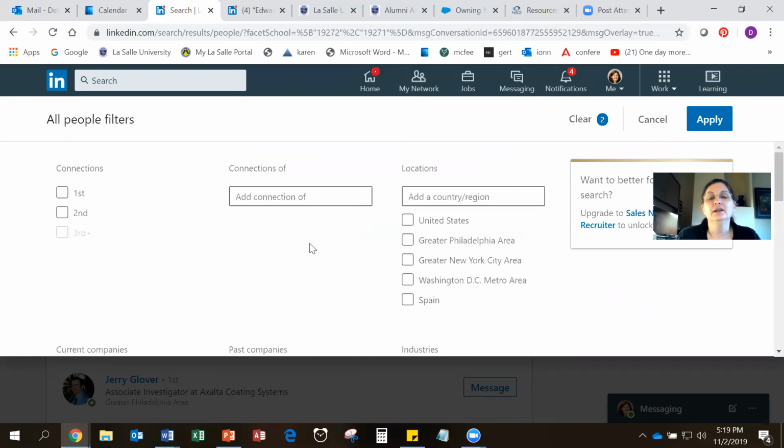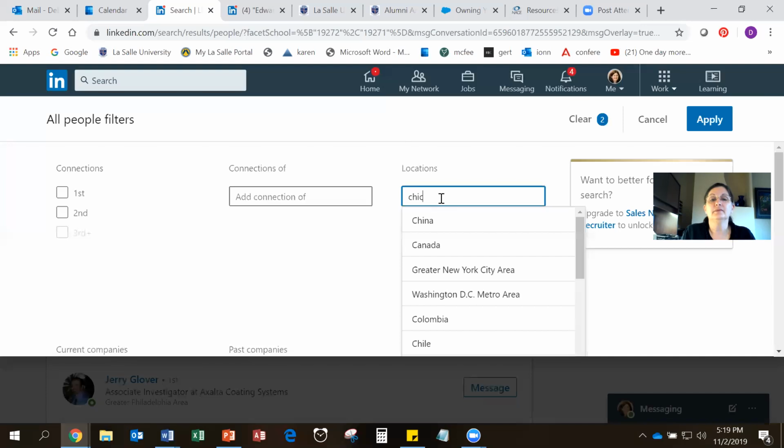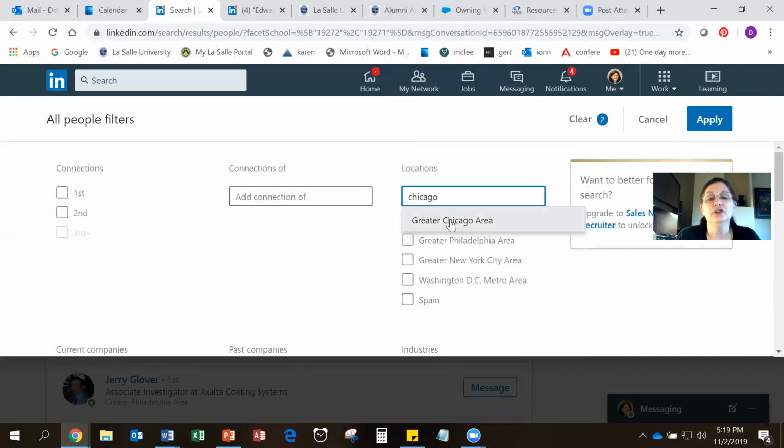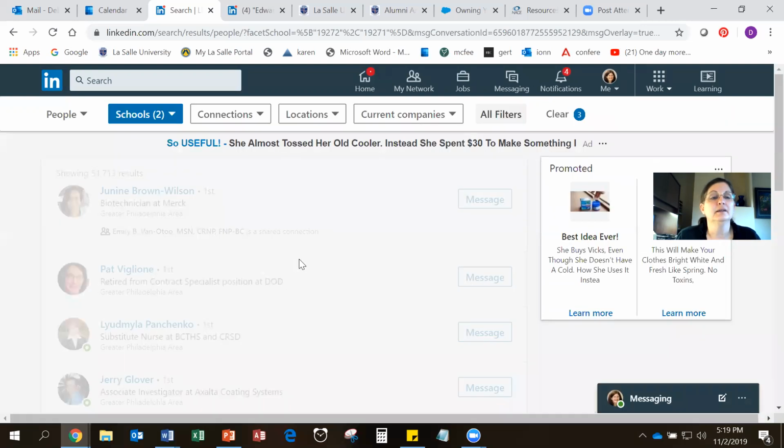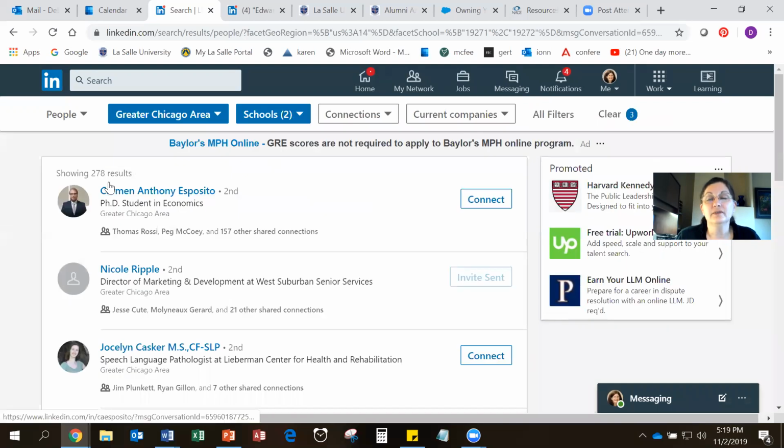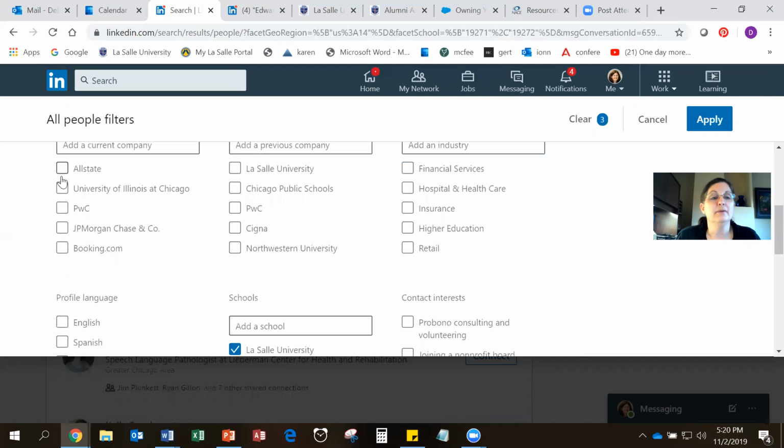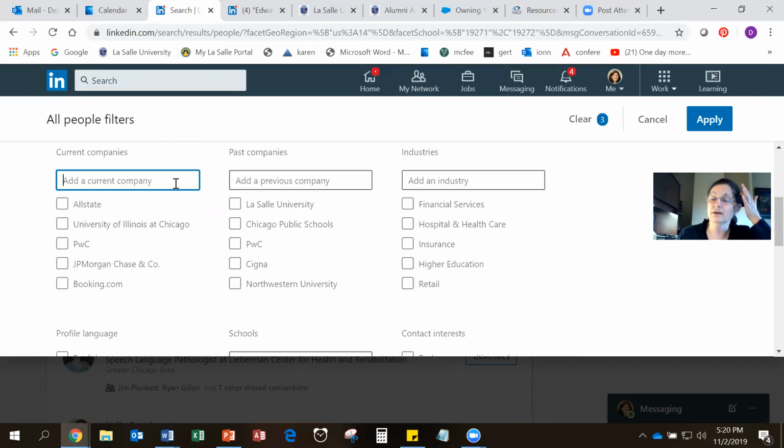Okay, let's say I'm thinking about moving to Chicago, or I live in Chicago and I just want to see alumni in Chicago. So I'm going to select that and click apply. Now I'm showing 278. And I can see the top 5 companies that they currently work for, the top 5 that they previously worked for, the top 5 industries. But I could ask, gee, do any of